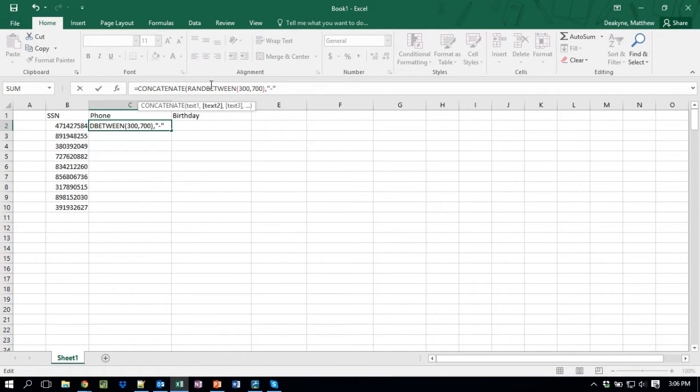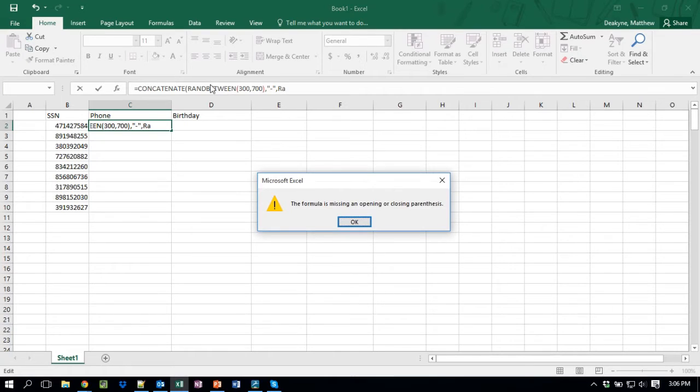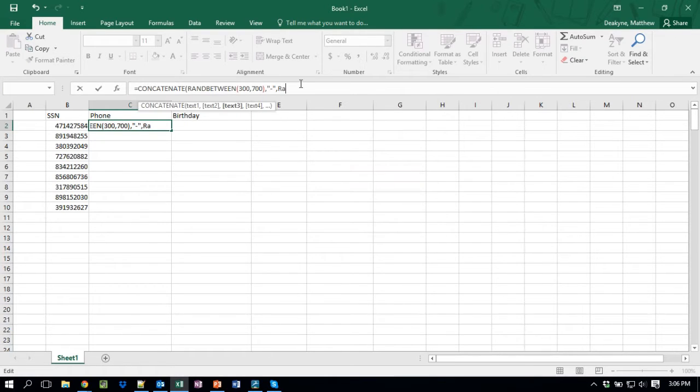You can do a dash as well, it's not a big deal. Another ran between, 300 to 700, another dash, and then ran between